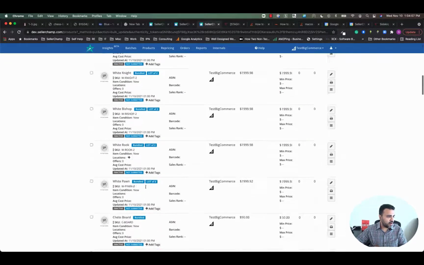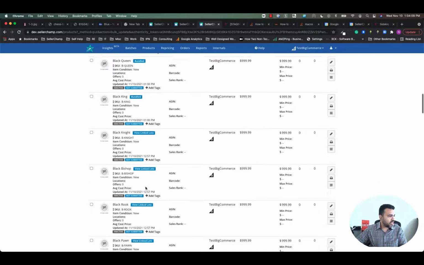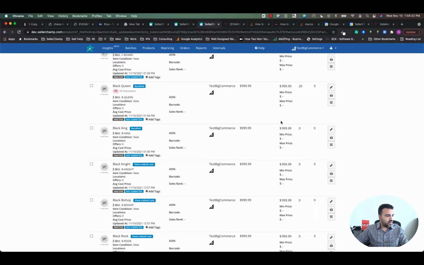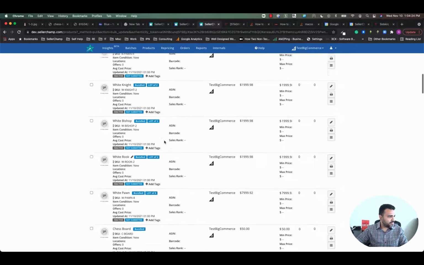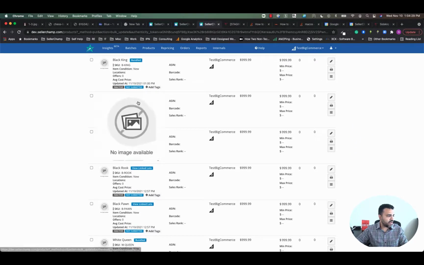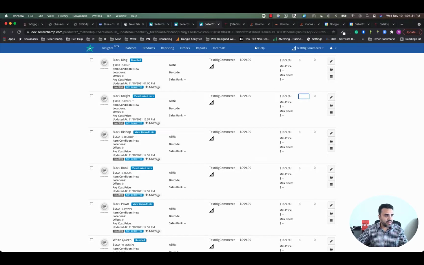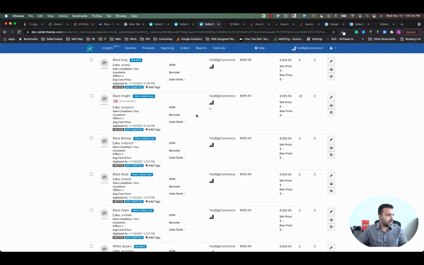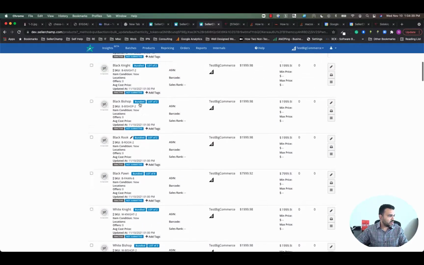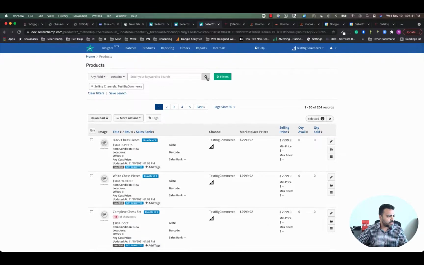And now the fun part is, if I change the quantity for one of my parts, right, the quantity for the bundles will automatically change. So if I go in here and I say black queen, I have 20 of these, right? And now if I go into my... that's a queen. Okay, bad idea. Let me just change something that's a black knight, for instance, right? So if I say I have 20 of these black knights, and now I go to my lot, my black knight, where is it? Right here, right? If I reload the page,